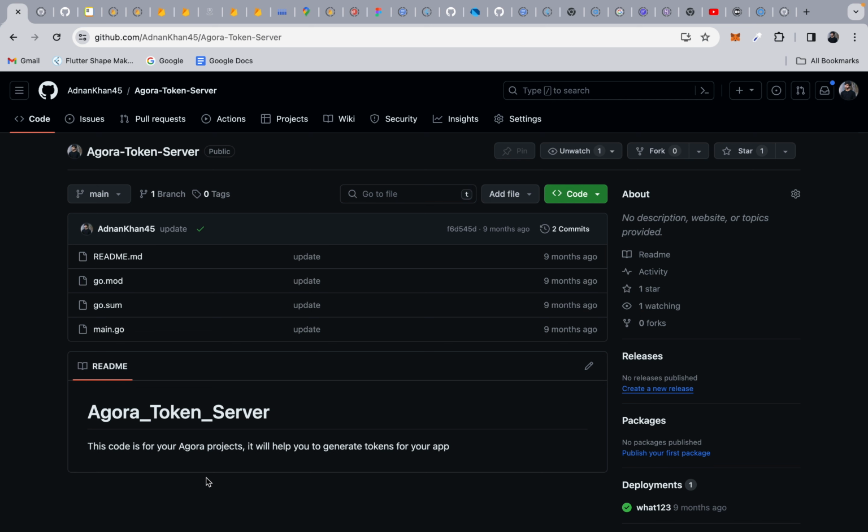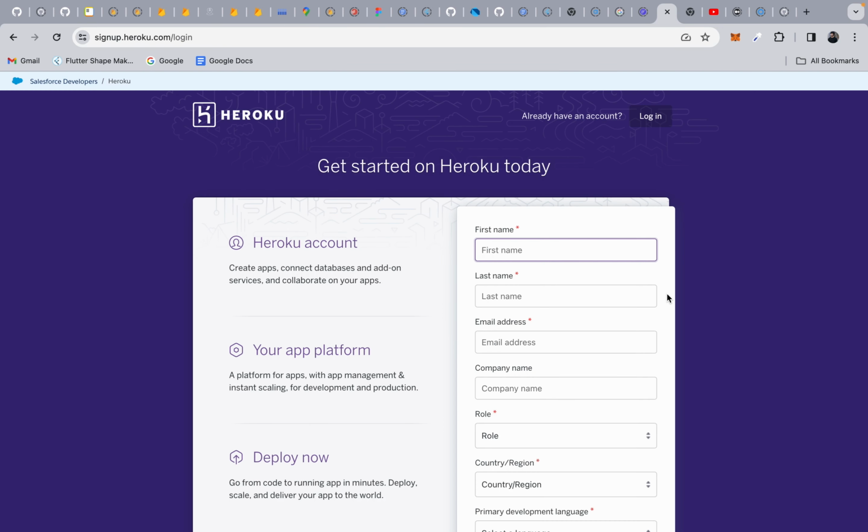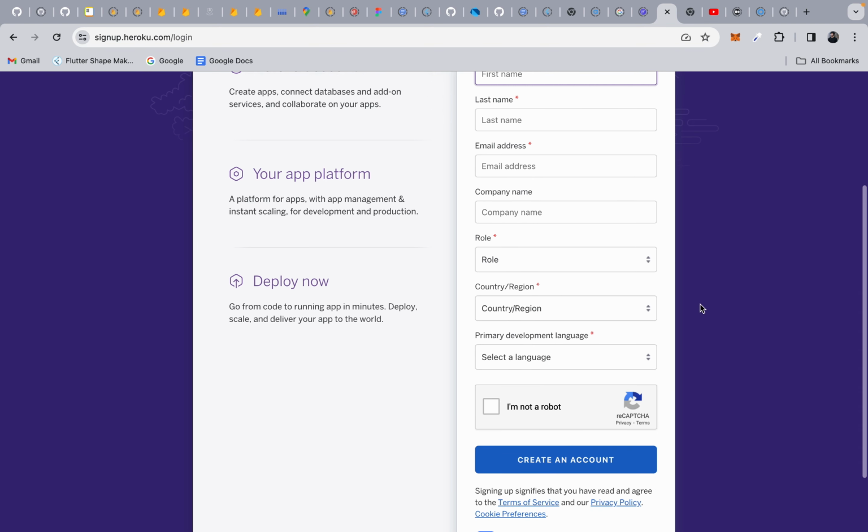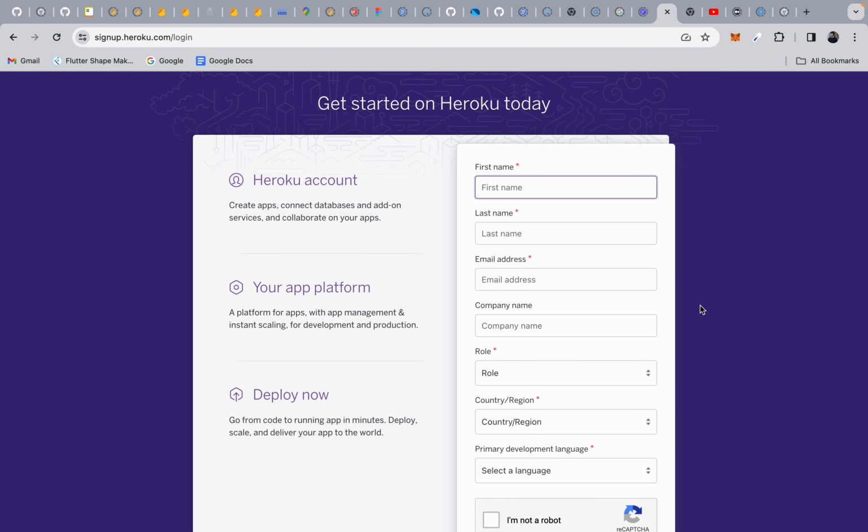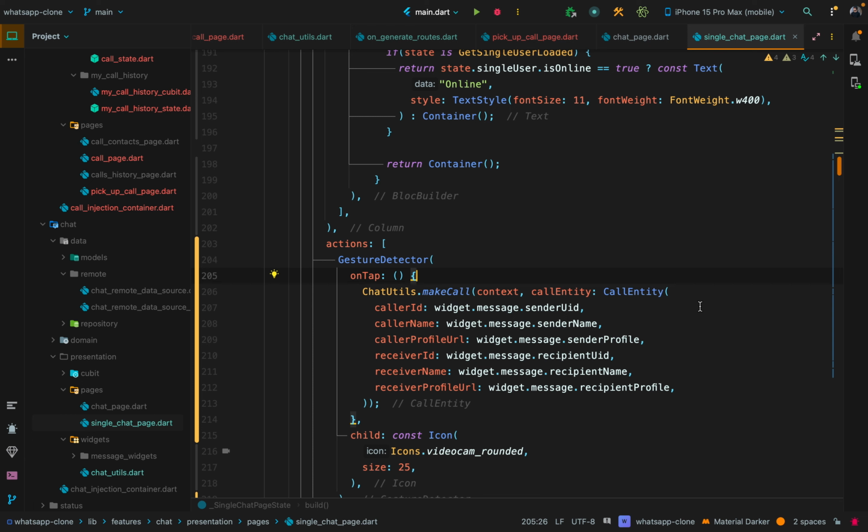And you also need to deploy this code on something like Heroku, and other service providers like Render and Railway. And yes, this time they also require billing. When I was creating the WhatsApp clone initially, I created that Agora token server and deployed it on